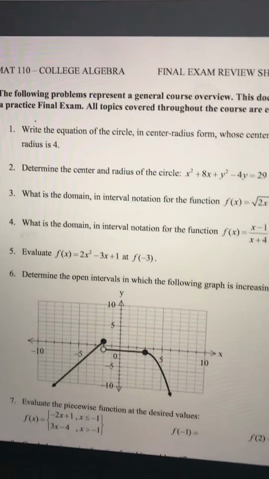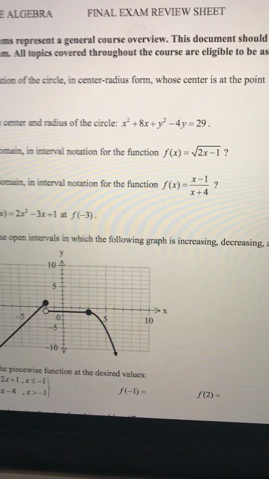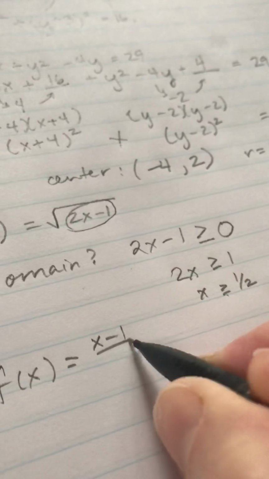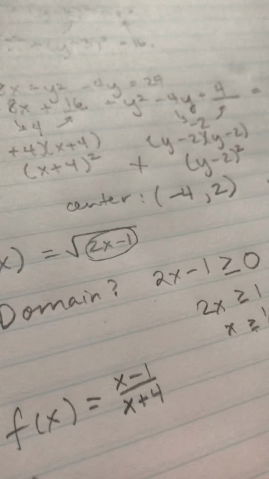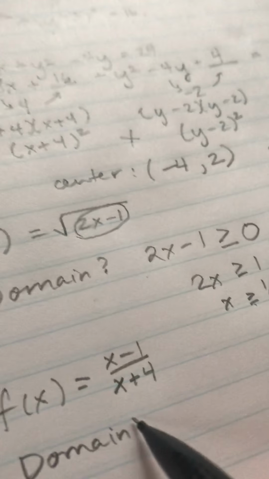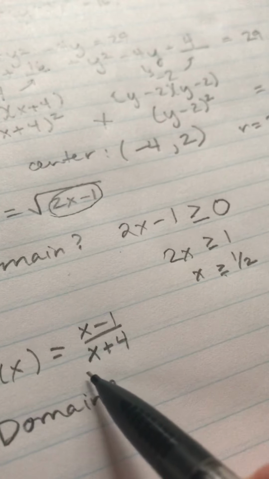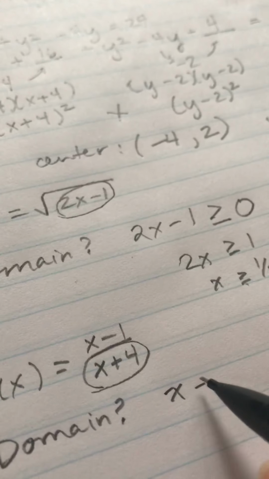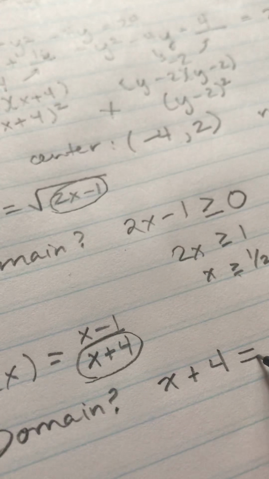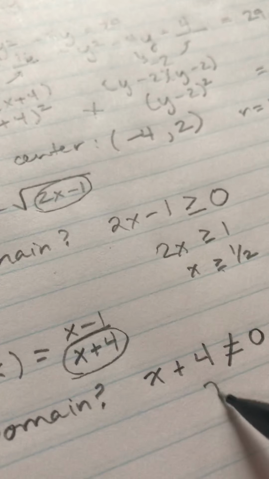Number 4, what's the domain in interval notation for the function f of x equals x minus 1 over x plus 4? Okay, x minus 1 over x plus 4. Let's see now, for domain, you want to make sure that there's not 0 in the denominator, because you can't divide by 0. Dividing by 0 is undefined. There's no number for that. So we take what's in the denominator, and we say that cannot be equal to 0. So then x can't be